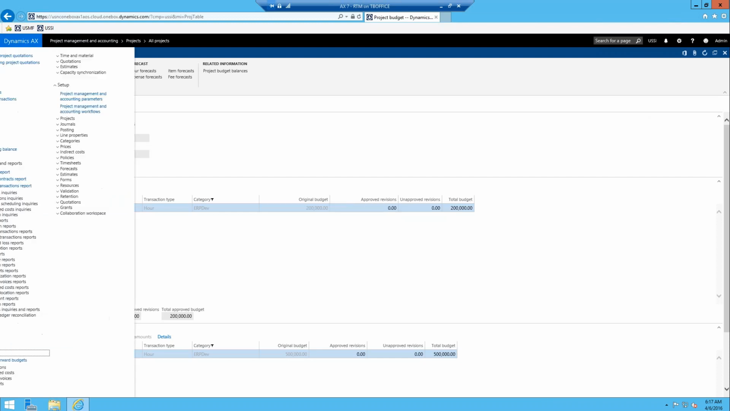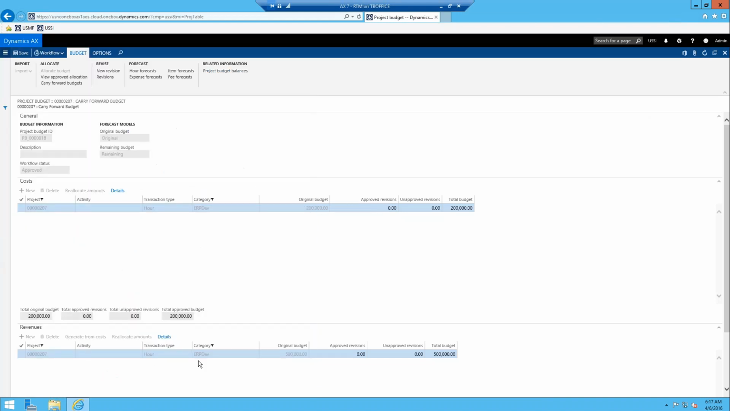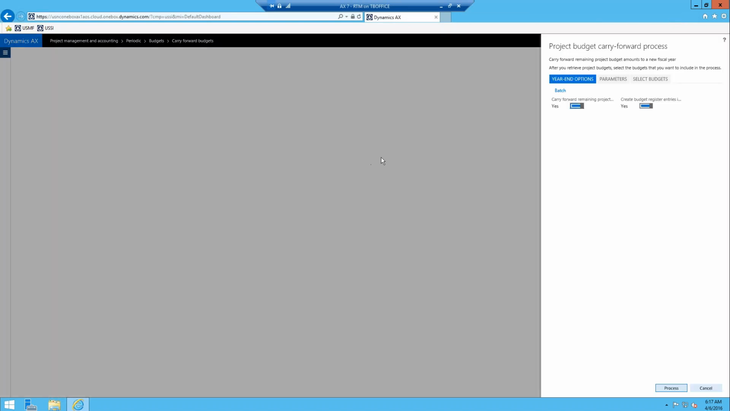Also, probably the more common way of doing this is to go to the project management and accounting module. Under periodic, there's the budget folder and then the carry forward budget button. So basically when you're in here,